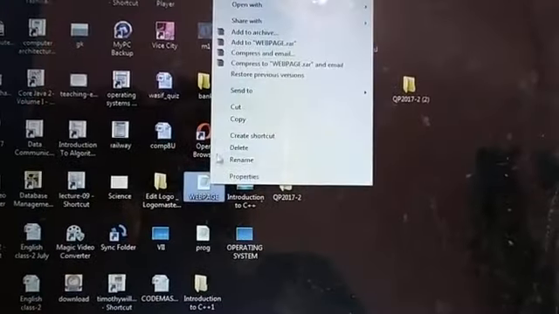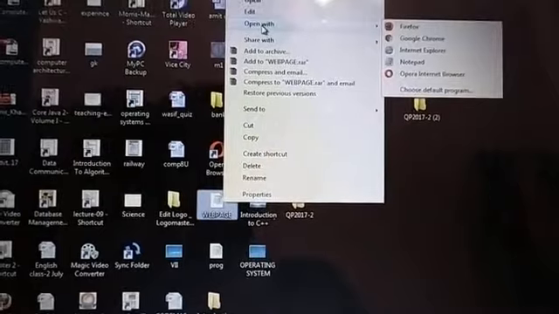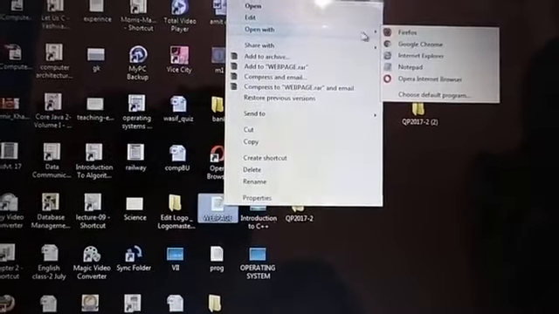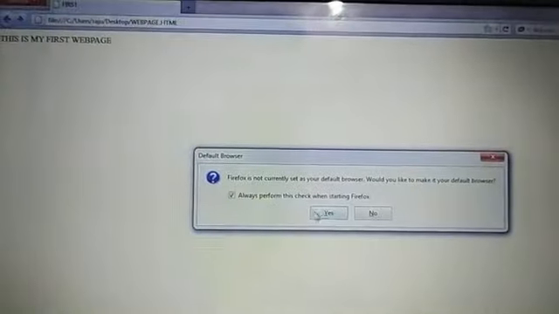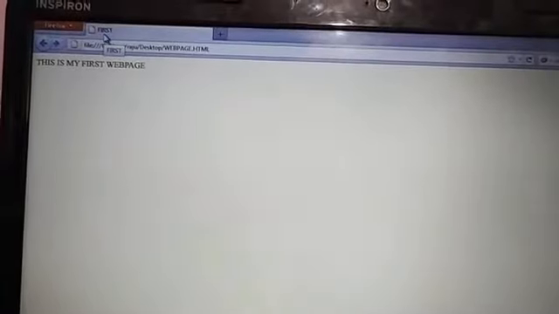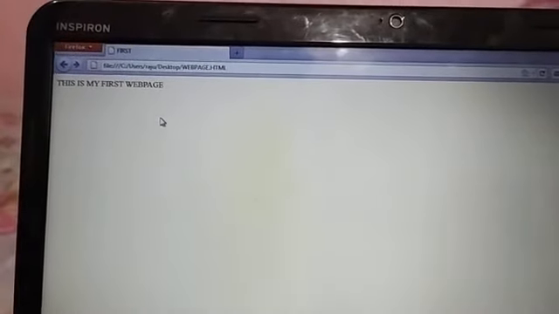Now this is my web page. I will open it through Firefox or Google Chrome. When I open it, click on it, yes. Now look here first. This is your title. Whatever you write down inside the title is going to display here. And this is your body, meaning whatever content you write down inside the body is going to display inside the web page. It is not compulsory to have only one line. If we write more lines in the body, that is going to display here.